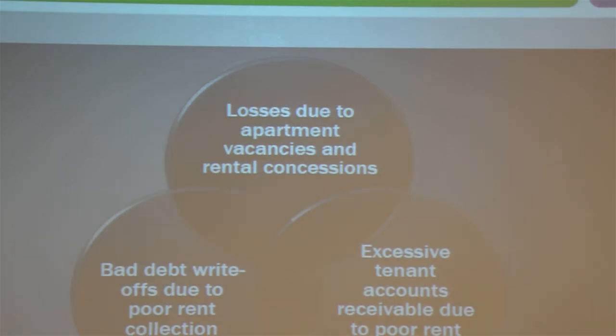And then HUD tells me, the OIG tells me in the guide, well, only look at vacancies at 15% and bad debt at 10%. Well, bad debt at 10 is a catastrophe, right? 10% of revenue being written off, that's like apocalyptic at some project. So the audit guide's a little wacky.